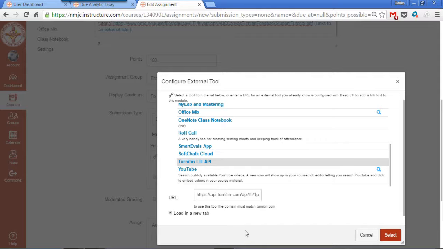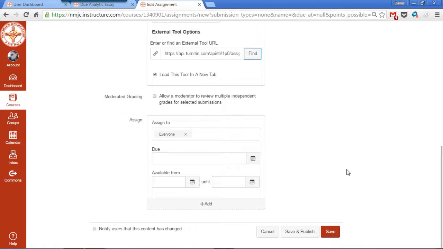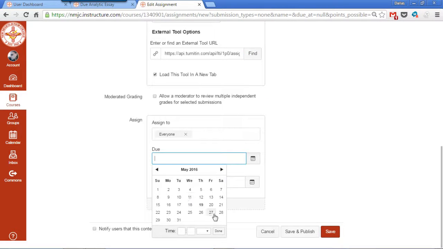And if you're really interested in seeing the pros and cons of loading in a new tab or not loading in a new tab, I have a video that covers that very subject for the truly detail-oriented Turnitin user. Okay. And now we just hit select, and we can go ahead and give our due date,